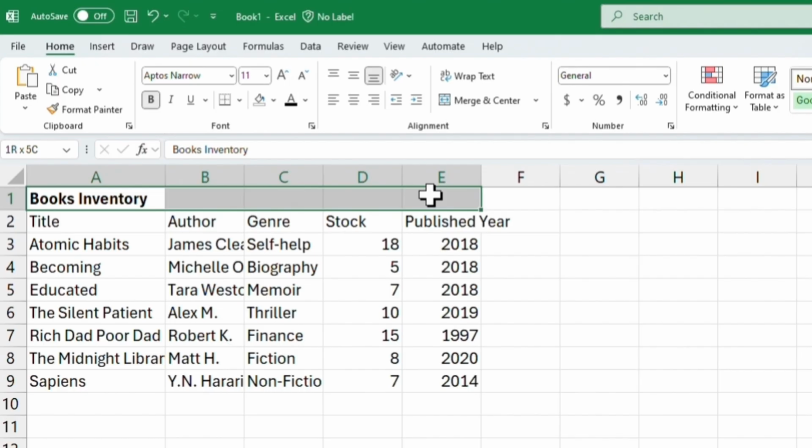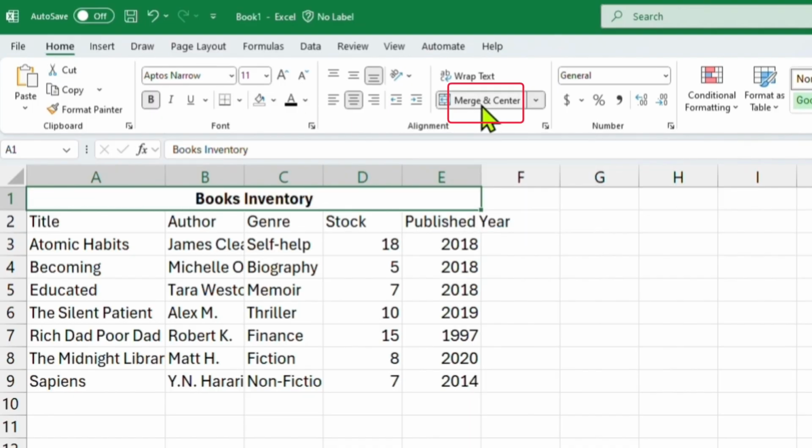Now watch what I can do. On the Home tab, Home ribbon, there's a button here in the alignment group called Merge and Center. And if I click on that, see what it did? It merged all of those cells together. So this is now one big cell. And it centered it. So Merge and Center is very helpful to do what I just did, to basically break down the walls between these cells and make it one big cell and then to center, which looks a lot